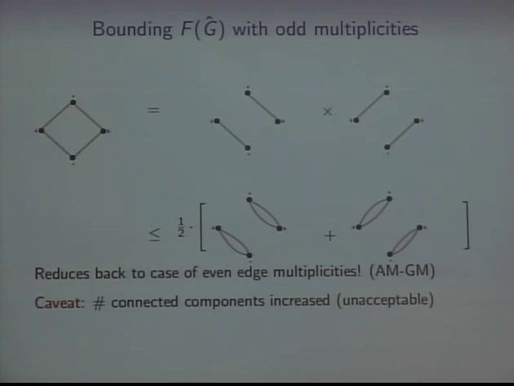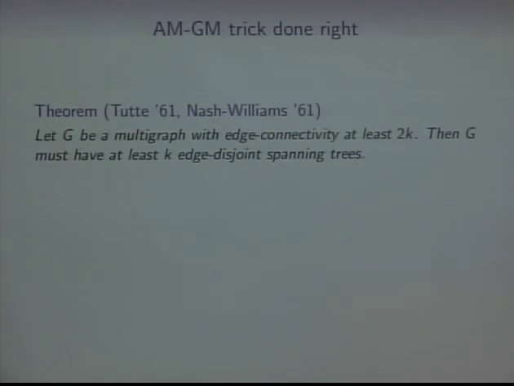Okay? So how do we get around that? The way we get around that is the following, which I think really is kind of the contribution of what we do, because the moment method itself is an old thing, right? So really the thing that required us to be a little creative was that we used the following theorem in a way that I'm going to show you very soon. There's this thing called the Tutte-Nash-Williams theorem, which says that if you have a graph with edge connectivity at least 2k, it has k edge disjoint spanning trees.